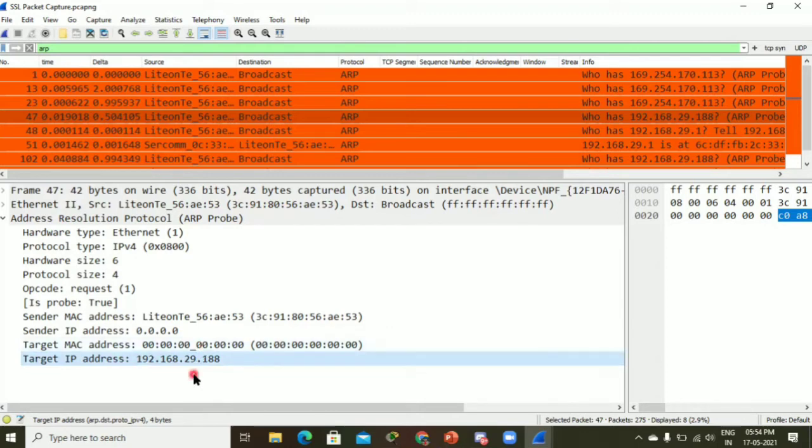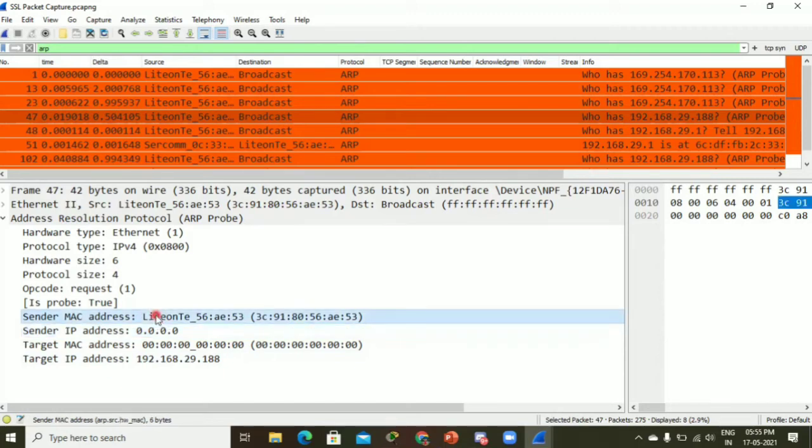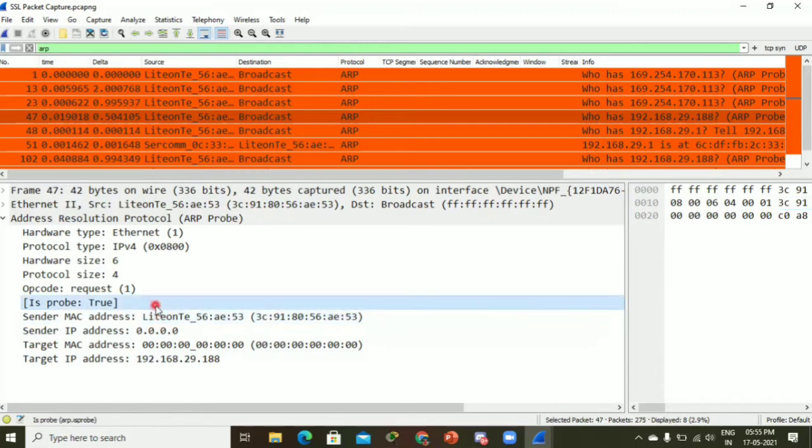What I'm doing here now is sending this ARP probe to verify whether someone in the subnet has this IP address, because that offer might have been sent by an attacker. So now I'm verifying whether someone in the subnet is using this IP address. Okay, so this is the functionality of ARP probe. It is used to detect duplicate addresses. ARP probe is used for duplicate address detection.